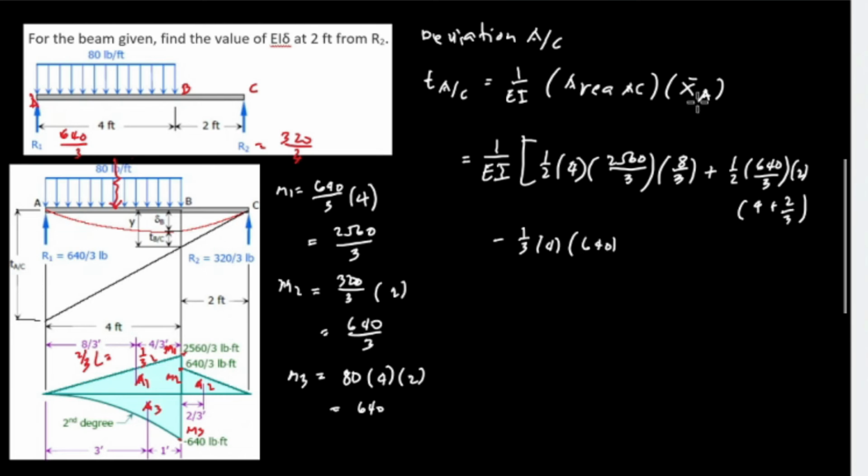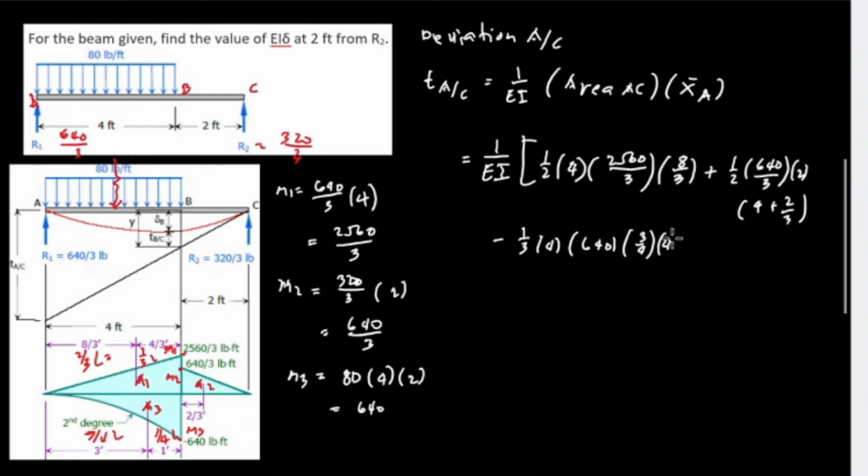And to find the X sub A, the centroid of the second degree from the left, the distance is 3 over 4 of L, and this is 1/4 L. So from A up to the centroid of area 3, that's 3/4 of L,